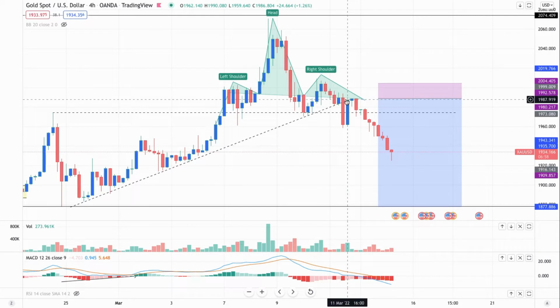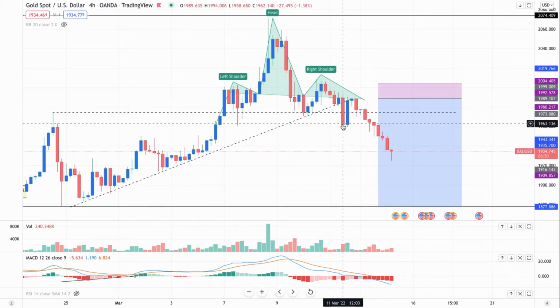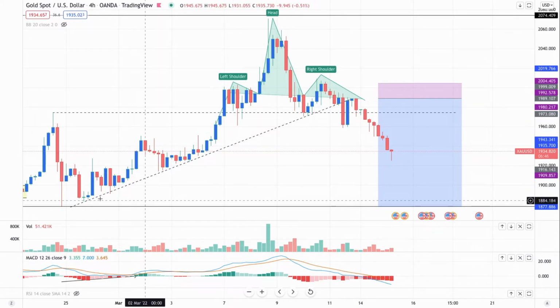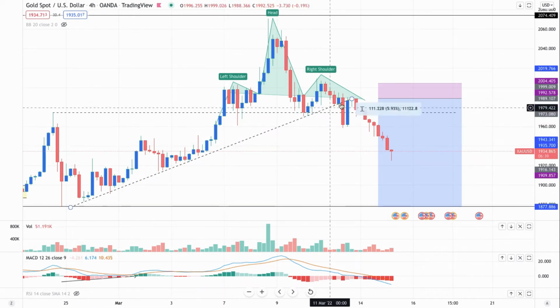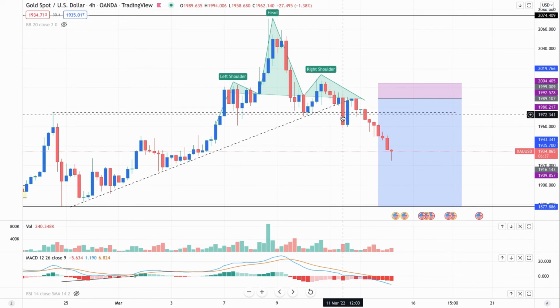Now, at this point, we were waiting for a break of this pattern. Okay, we were waiting for price to break down below this pattern. Now, coincidentally, which is something that I always like to see when trading head and shoulders, I do like to see a trend line being respected and then breaking at the very end, right? I like to see this broken because this tells me that I can possibly look for an entry now. Now, we saw this exact thing happen.